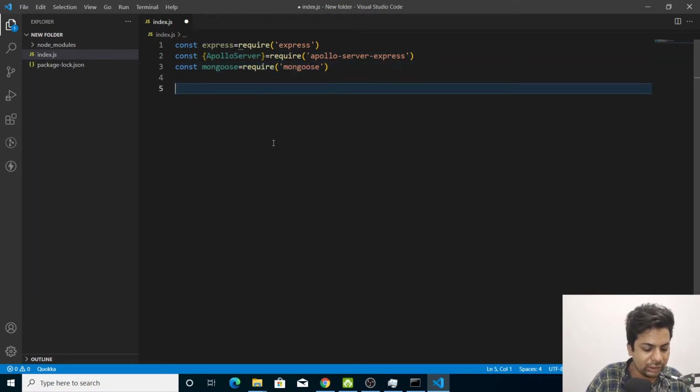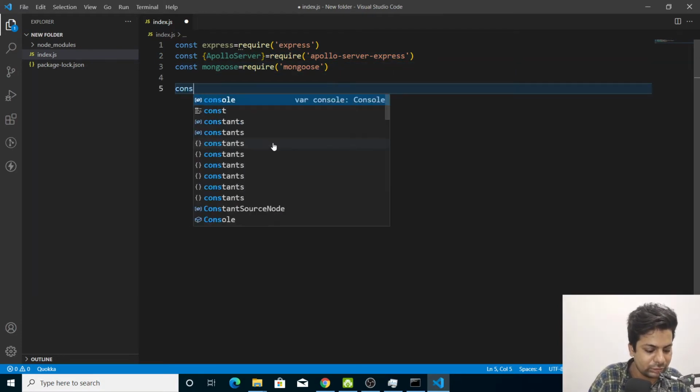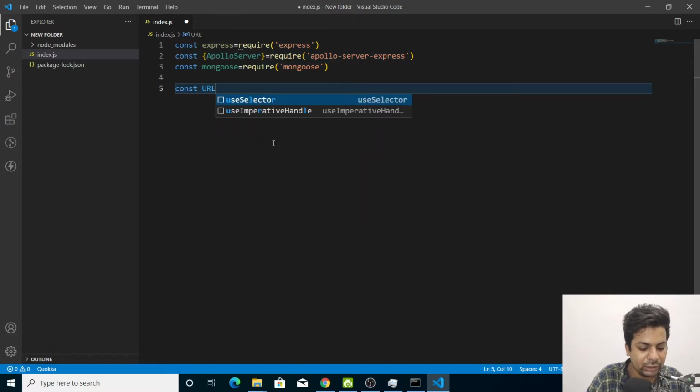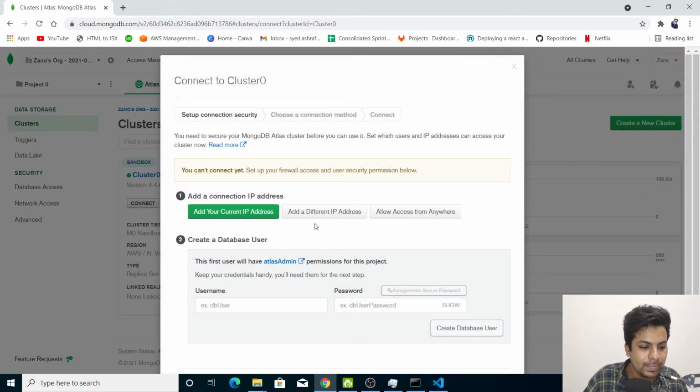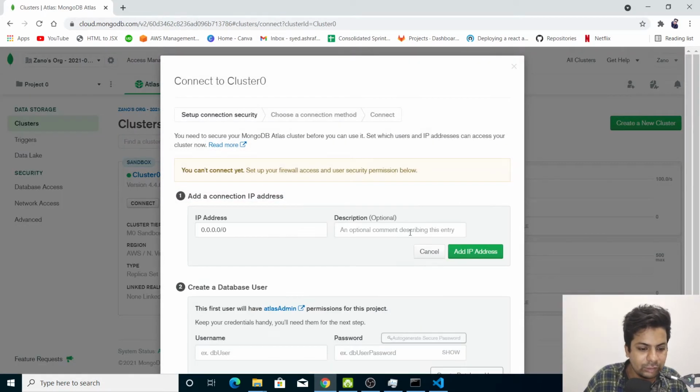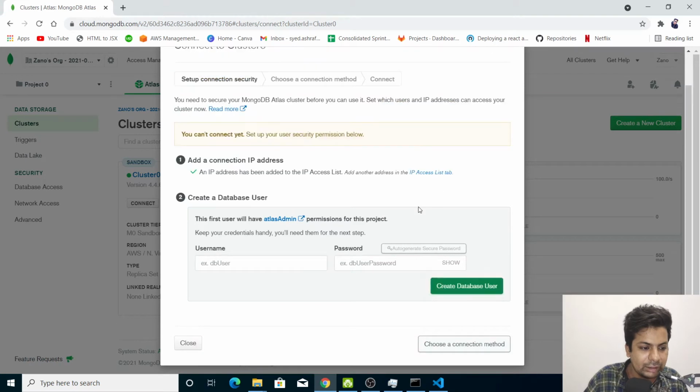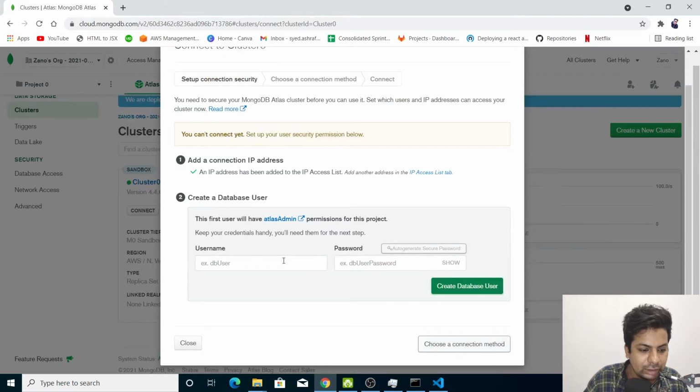Now here we'll say const URL. Here we'll write our MongoDB URL to connect the database. I have built a cluster, so I'll click connect and allow access from anywhere, add IP address, create a database user.